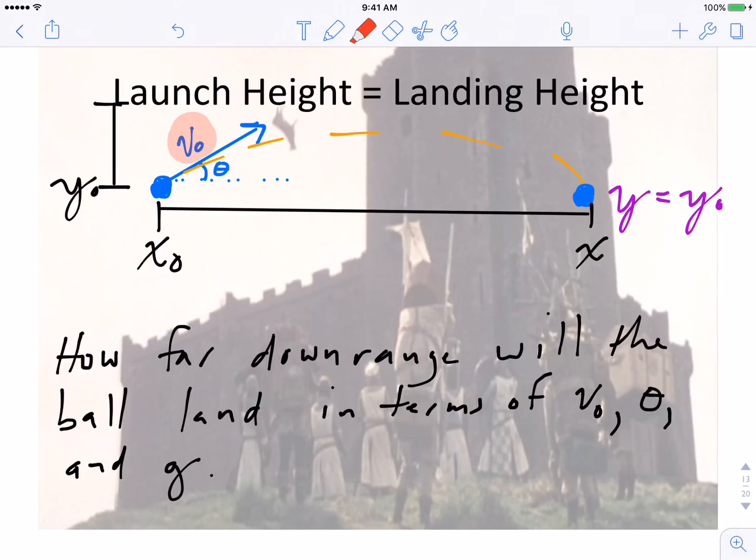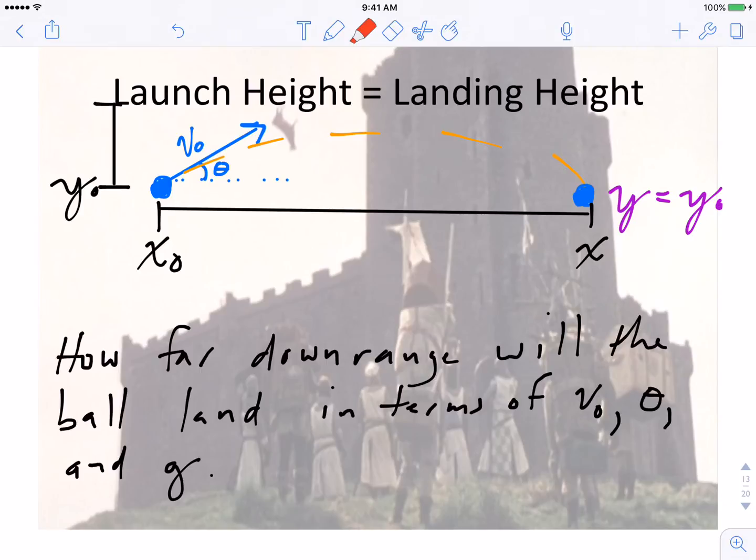V0 at an angle of theta in such a manner that the starting height of the projectile is going to be equal to the landing height of the projectile. And the question is, how far downrange will this projectile land in terms of V0, theta,